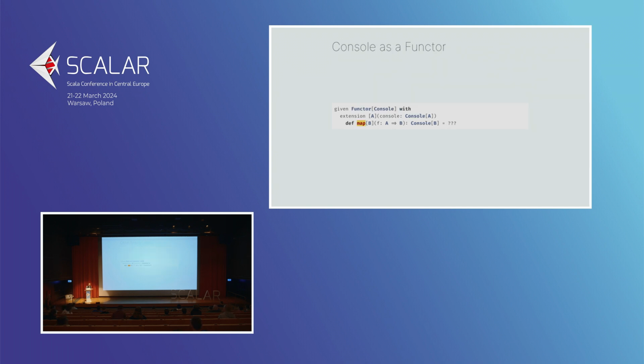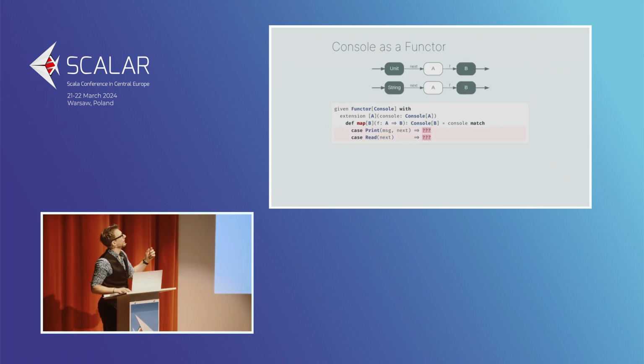So let's do that really quickly, because it's not at all interesting. We have map, console, the same type, bam. We have both branches. And in both cases, we have a function from something to A, a function from A to B, and we want to compose the two. The implementation is trivial. It's just function composition.